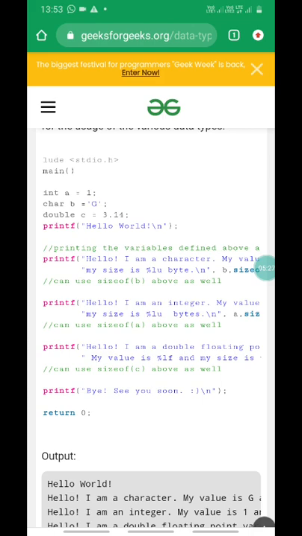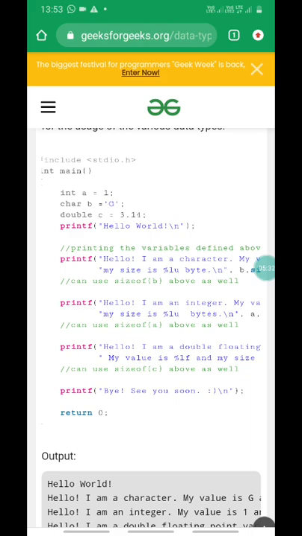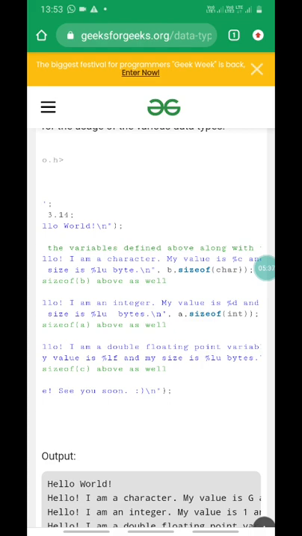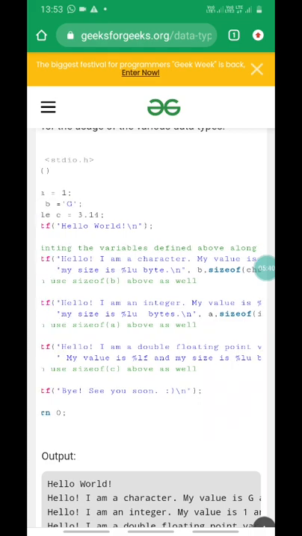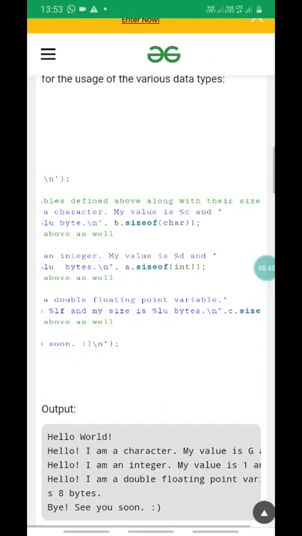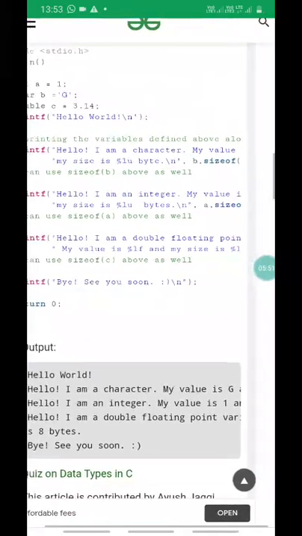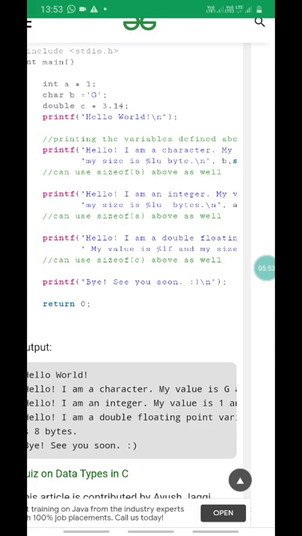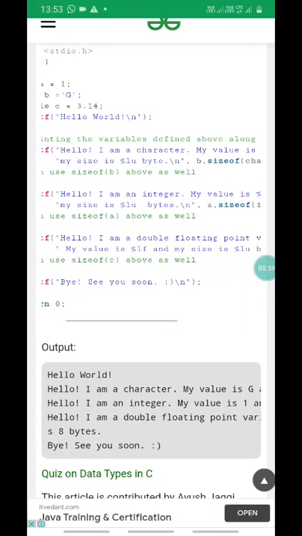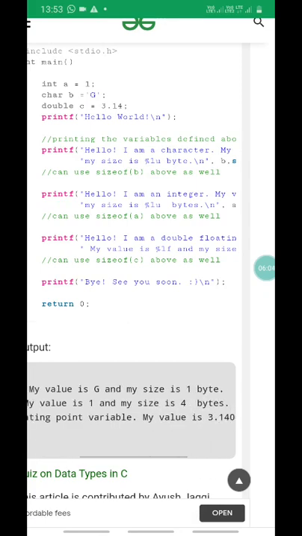The %c relates to the G value, whose data type is char, and its size is denoted by %lu. %lu is the format specifier for the size, and %c accesses the element stored in variable b, which is G. So hello, I am a character and my value is G, which is stored in b, and my size is 1 byte.